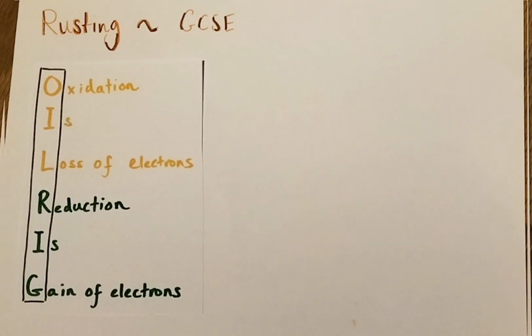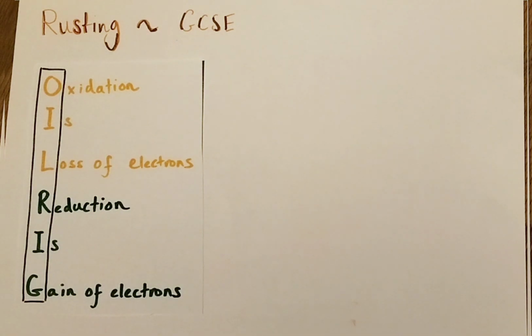I'd like to finish by talking about the redox nature of that sacrificial protection provided by the more reactive zinc metal. Now, this is a simplified version of the explanation. In reality, the redox chemistry is quite complex. At GCSE, we don't need to know about all that detail, so I'm going to keep it nice and simple for best understanding. Okay, so oxidation reactions involve the loss of electrons from a chemical species across the course of a chemical reaction,